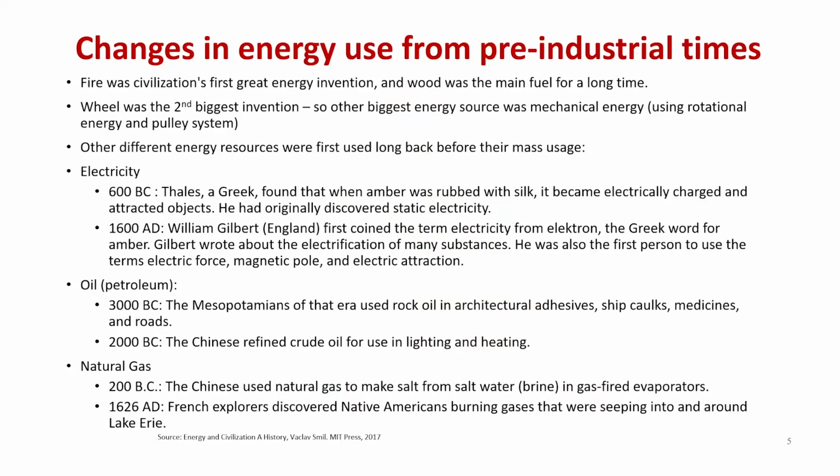Remember, biomass in the form of firewood was the biggest source of energy up to that point of time, and it was available in abundance. It was only when scientists found the right way of extracting and using coal, late in the 17th century or early 18th century, that the massive use of coal started, for two big reasons. One, we found a very efficient way of extracting coal, and second, coal's energy density was much higher than the wood sources available at the time.